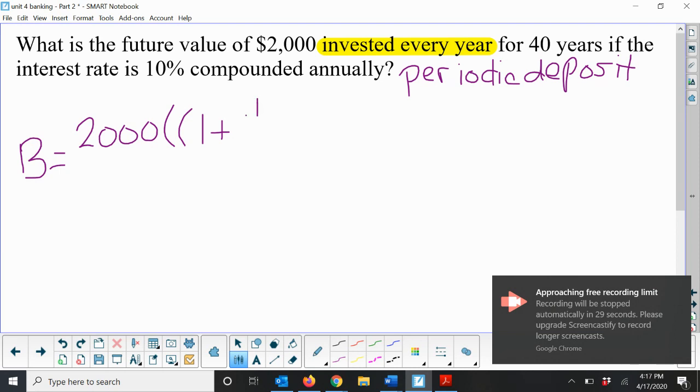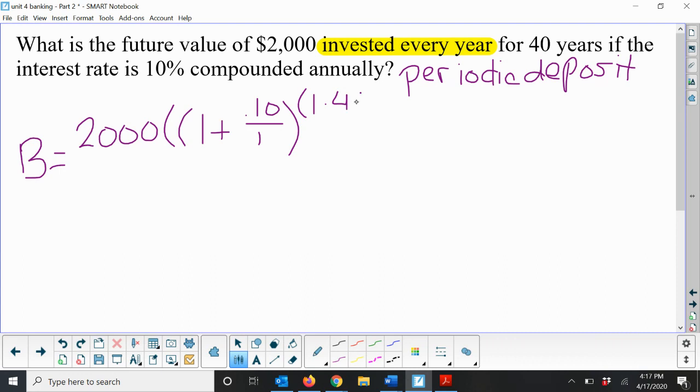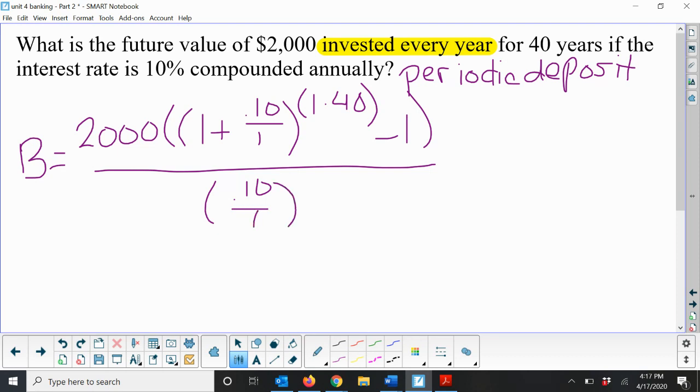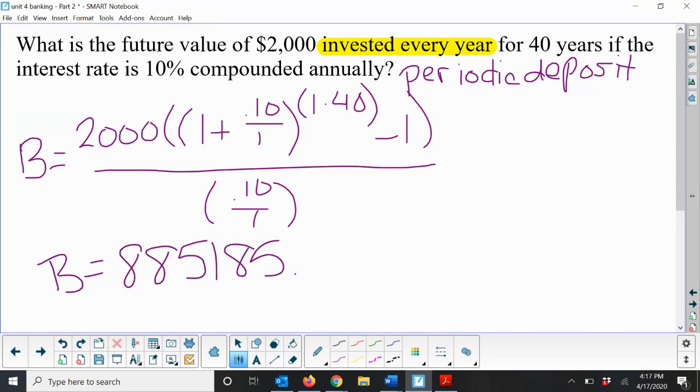I'm going to try to move quickly. Calculated annually, once a year. And this one is for 40 years. Don't forget that -1 there. And that ending balance is going to be $885,185 and 11 cents. So after 40 years, you've got $885,185 and